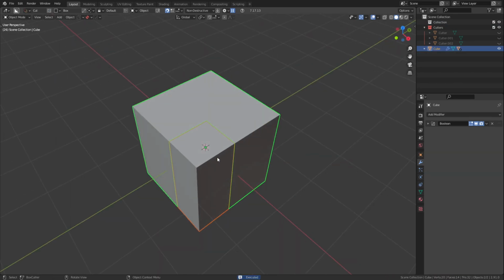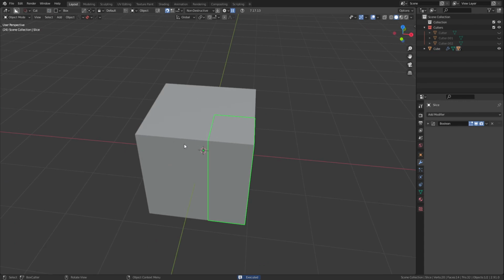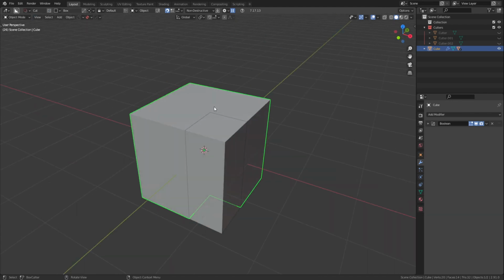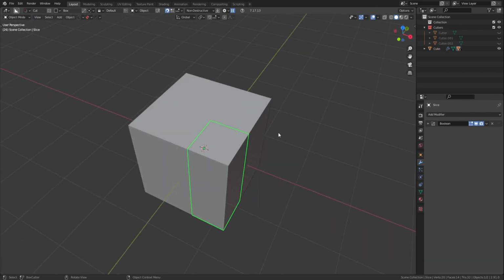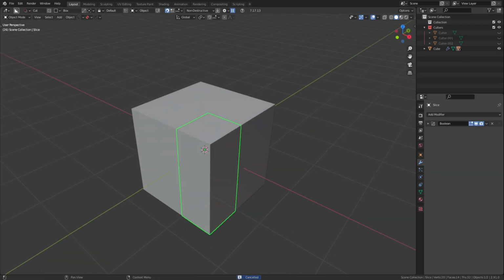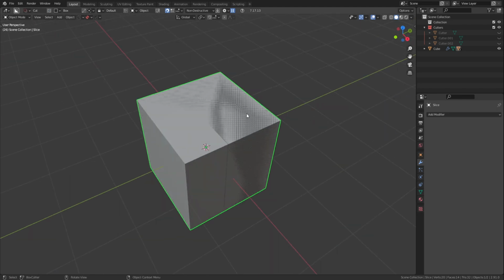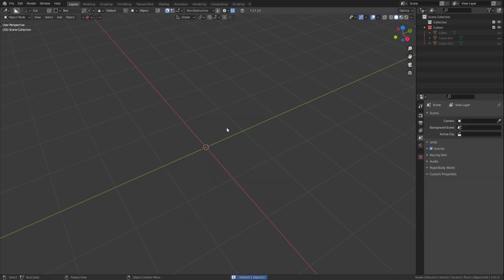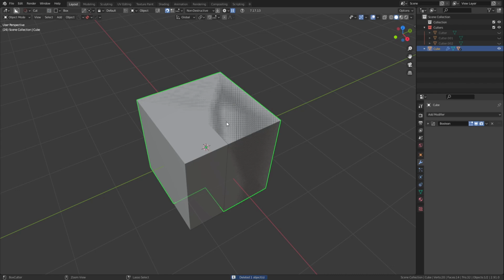But whenever you run a slice, it actually shares the same base data between both pieces. This is still a cube, and this is still a cube, right? So if we were to just leave it as it is, you can cut fine. But sometimes you might delete out your Boolean, and what happens is it basically makes a duplicate, right? If I delete out both these Booleans, we would end up having two cubes because the slice operation still retains